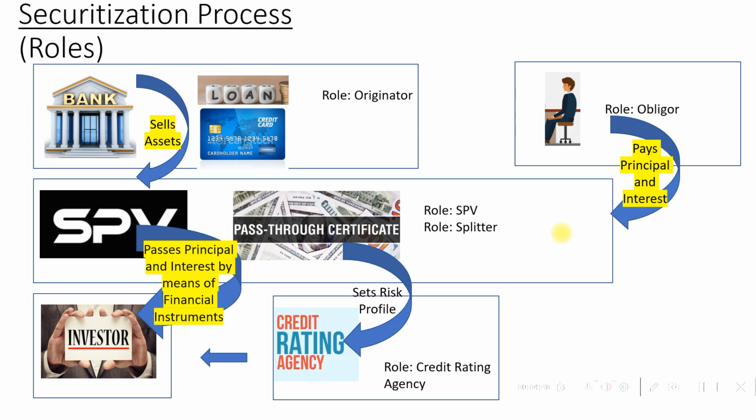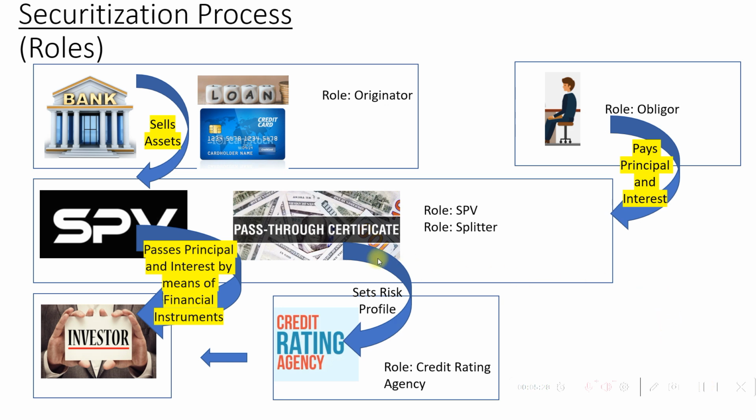However, for banks, once the loans are given out, a huge portion of their funds is blocked, and the bank has to raise additional funds from the market to meet its fund requirement or provide additional loans. So the bank has to get that money from the market. Now, how do they do it? It is through the method of securitization, which helps the bank unlock these blocked funds. The process is explained as follows with the help of the roles played by different functionaries in the securitization process.